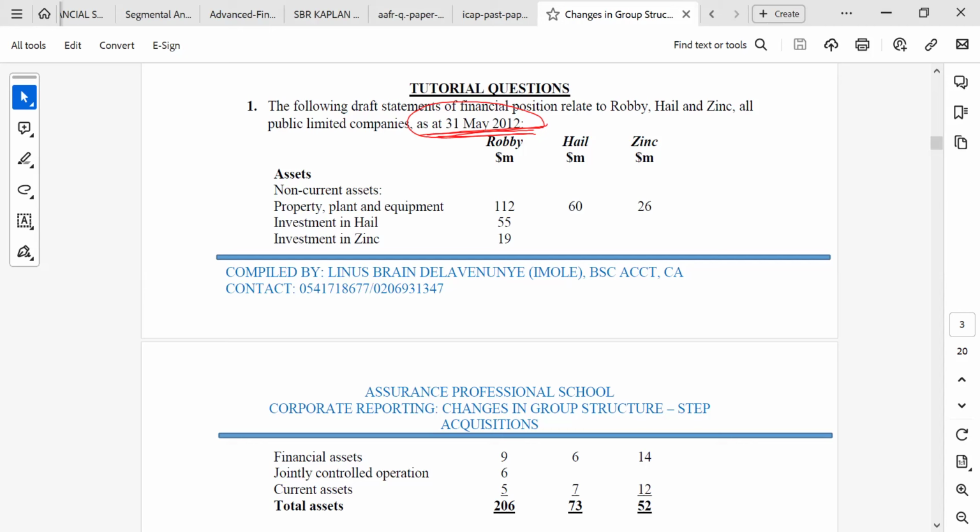As soon as you see non-current asset, property, plant, and equipment, it is going to be statement of financial position. Unless maybe they want to add statement of profit or loss where you are going to go down. Okay, so Ruby. In corporate reporting, you see the first company is a parent. The second will be subsidiary. The third can still be a subsidiary or a sub-subsidiary. But for corporate reporting, we don't have issues of associates like that. It will be only financial reporting that a third company will be the associate. So since you are going to know that this question is about step acquisition, there will not be any disposal. So you just go straight forward to